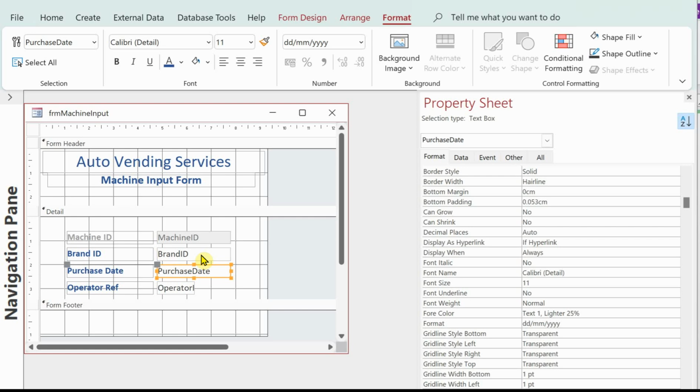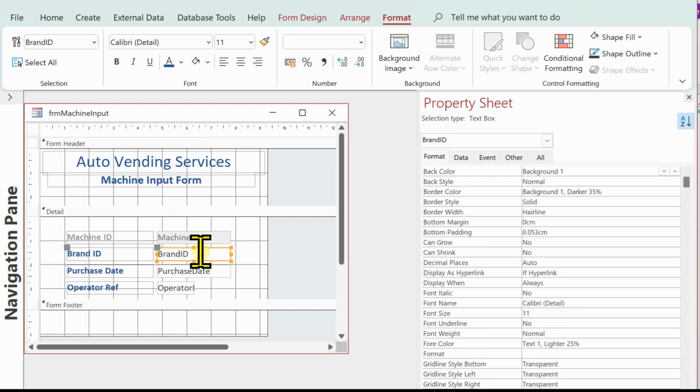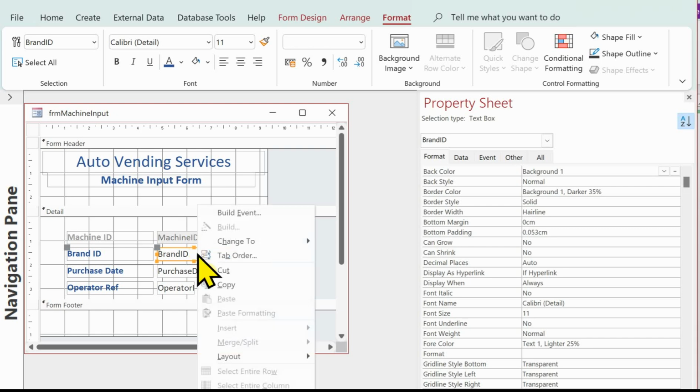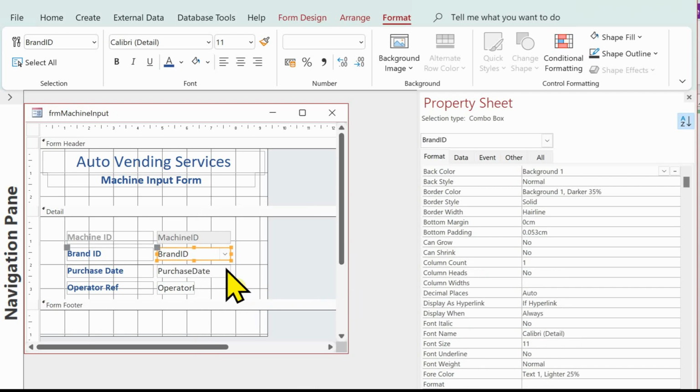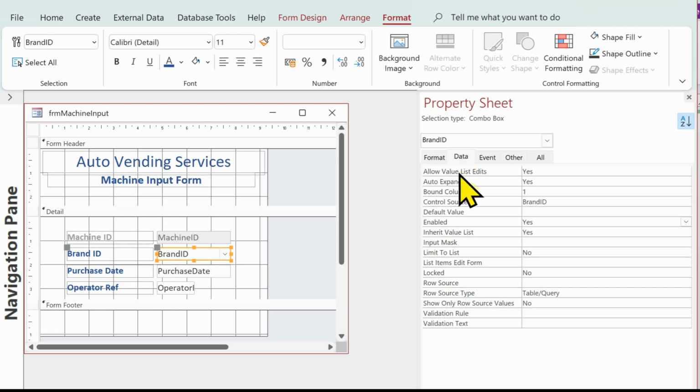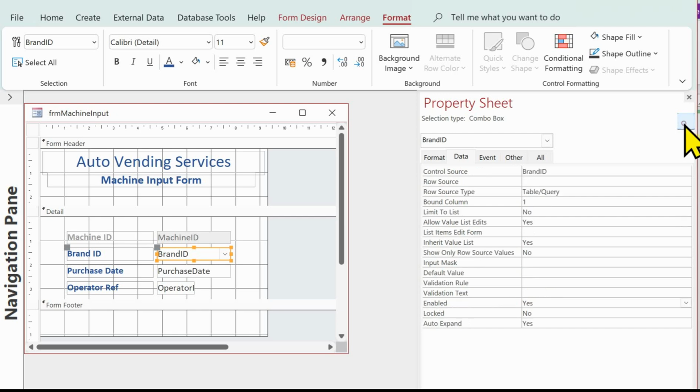The next thing I'll do is set up the brand ID control. We said we'll provide a combo box for this. So we click on the control, and if we do a right mouse click and change to combo box, it changes it automatically from a text box to a combo box. We need to select the row source for this combo box. Unselect A to Z here, and then it comes at the top of the property sheet. Select row source, click on the build,